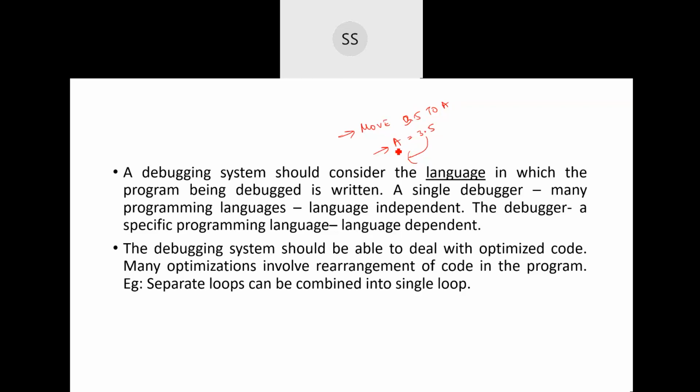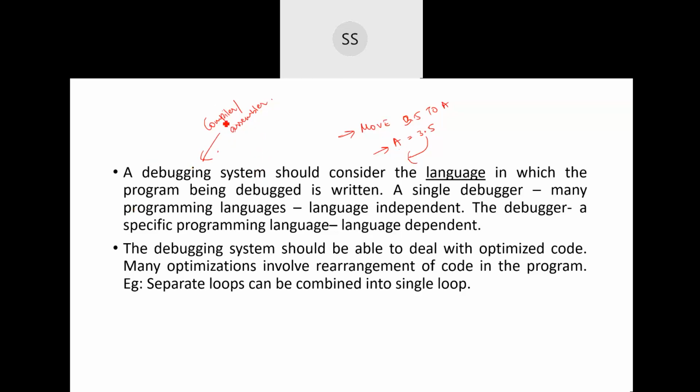So how does it do that? This is an example of just two languages. If I'm creating a single debugger meant for all the programming languages, what should I do in such a case? My compiler, or you can say your assembler, is supposed to provide some kind of help to your debugging system. Who is supposed to help? Your compiler, or your assembler. It is supposed to provide help to your debugging system. So how does it do that?